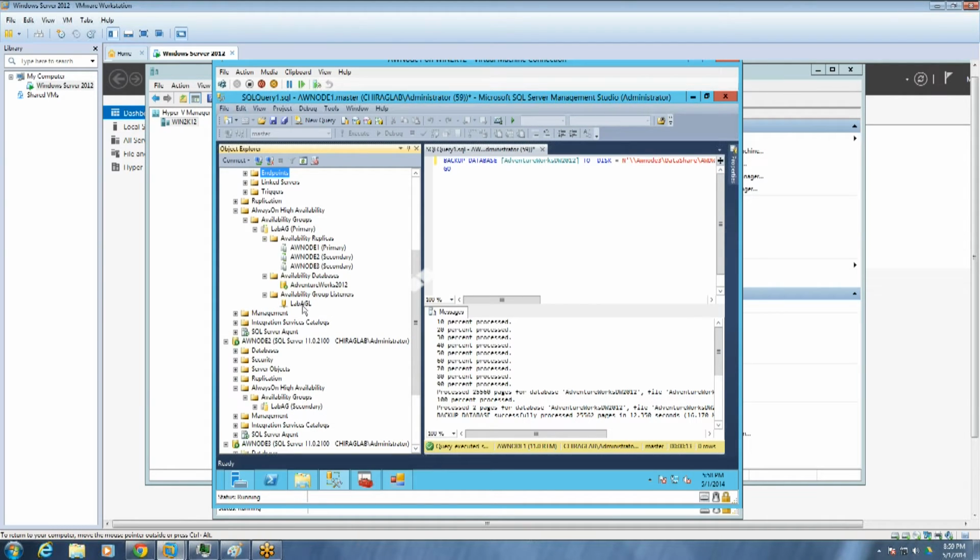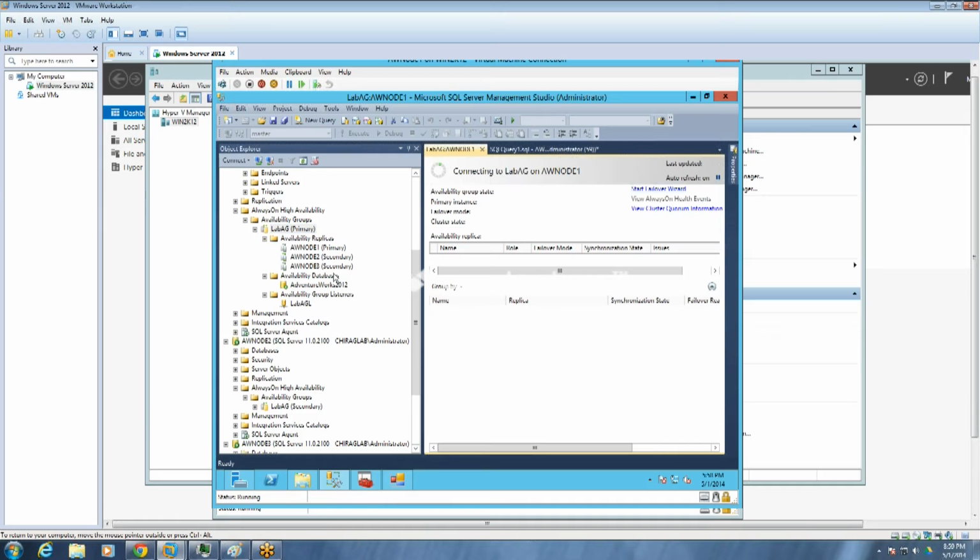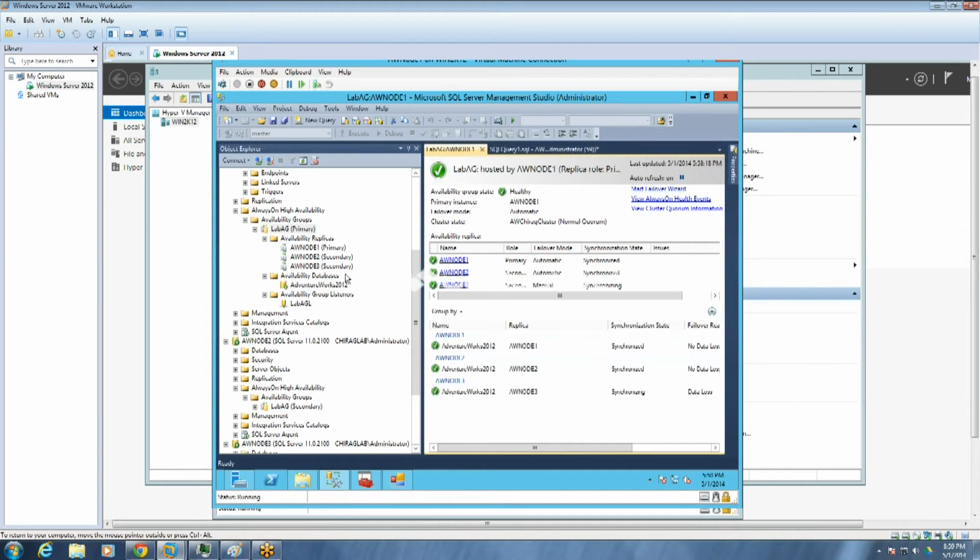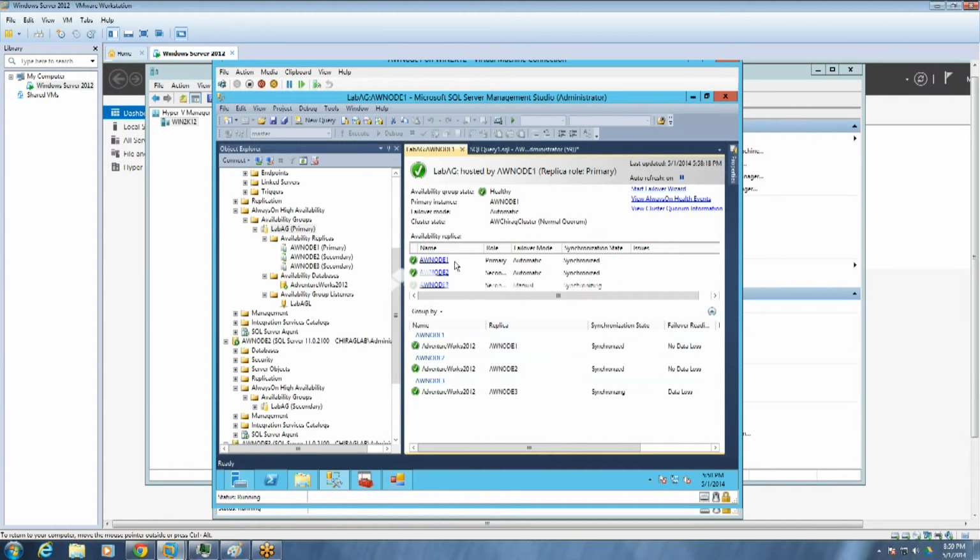For managing this, you can open this tab, right click and choose Show Dashboard. It gives you a nice output of the health of your AG group. Your first node is up, and all the signs are green. You can start the failover wizard from here, and you can view health events, like something failed, or cluster information.